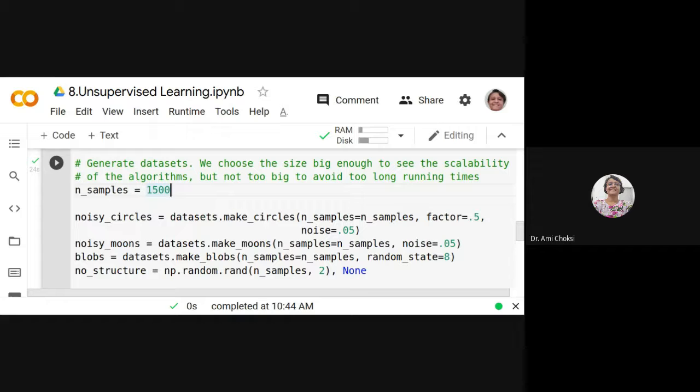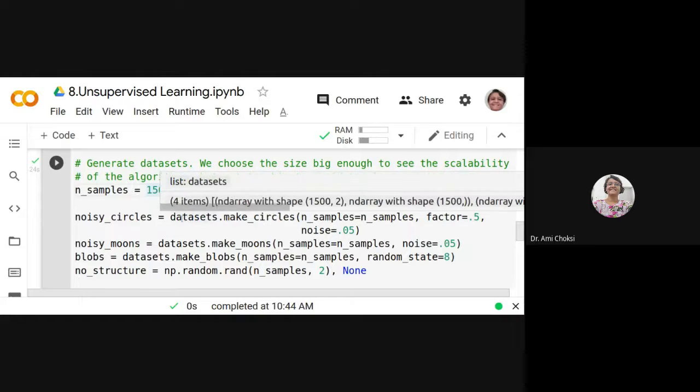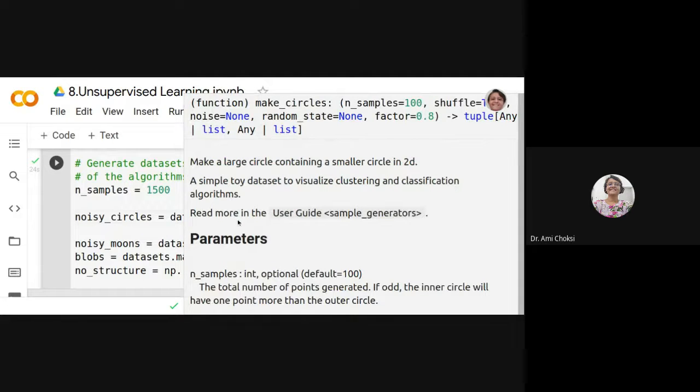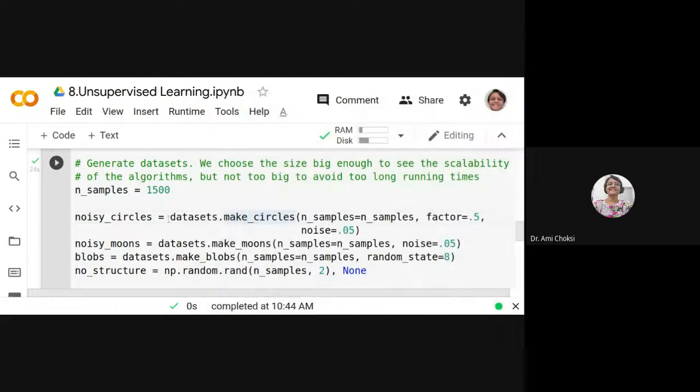Now what we are doing is noisy circles, that is equal to datasets.make_circles. What does it do for us? Make a large circle containing a small circle in 2D. A simple toy data set to visualize clustering and classification algorithms. Fine. So we are specifying n_samples is equal to this 1500 we have already specified.